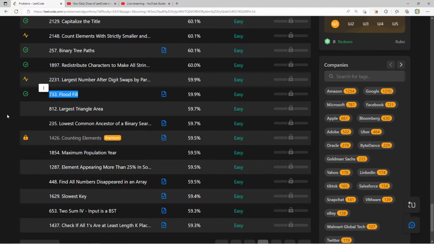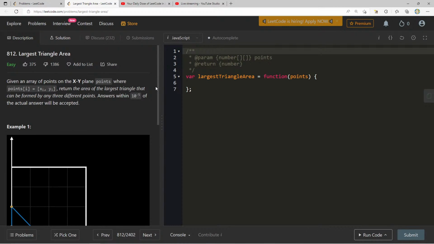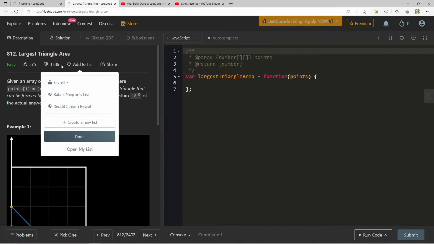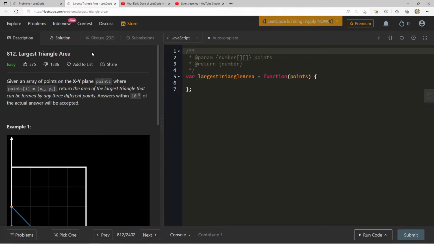So we ended up with flood fill yesterday. One of our regular users that comes up on here, Rashawn, helped us solve it, gave us a nice concise solution. So very cool, very important question to understand. Great practice with depth first search. So let's go now into this one and let's hope it's a good question, which it looks like it's not, but sometimes you get good ones and other times you get bad ones.